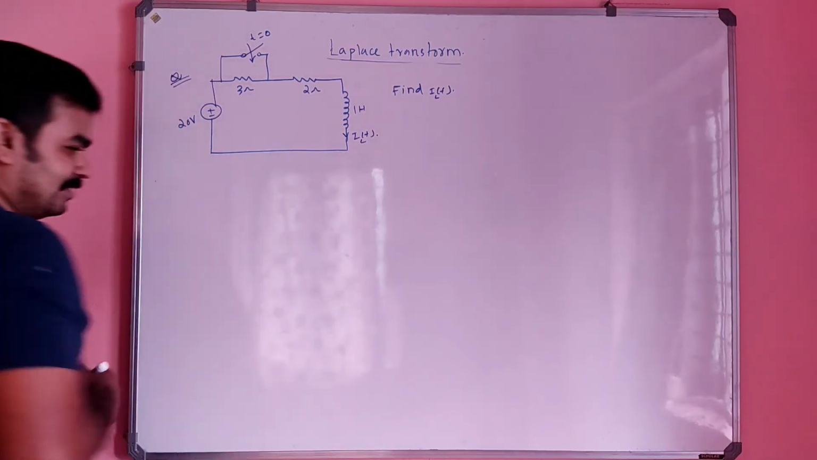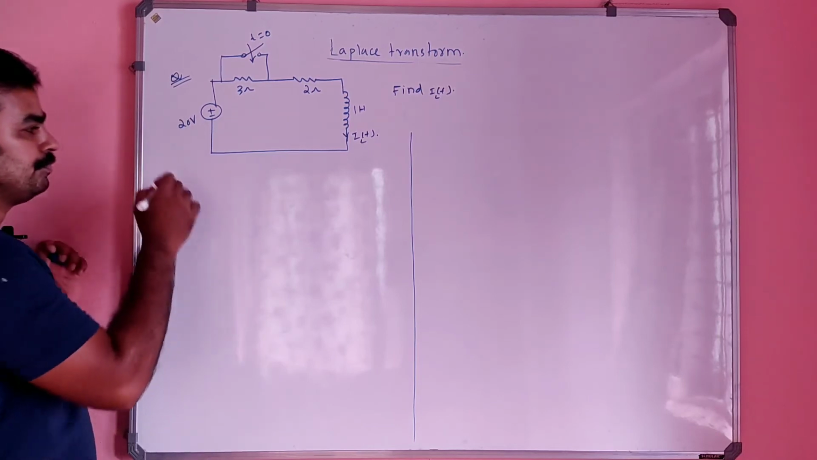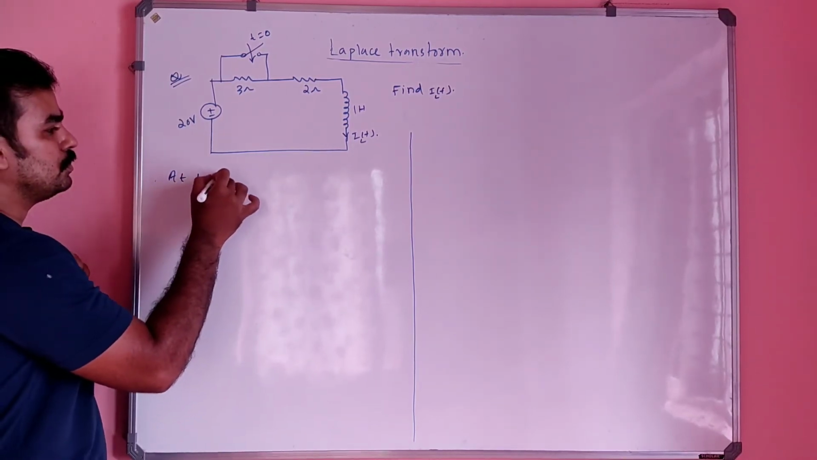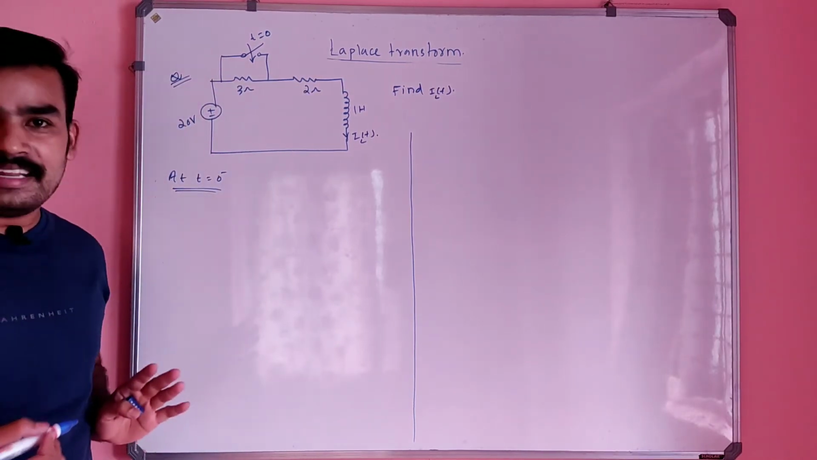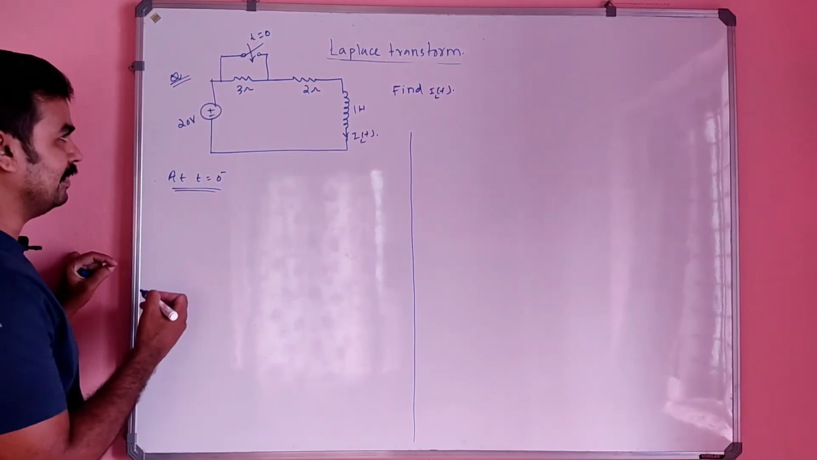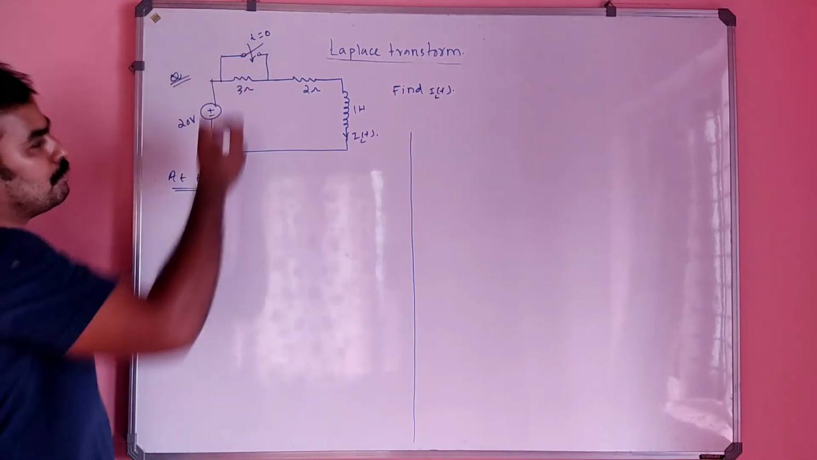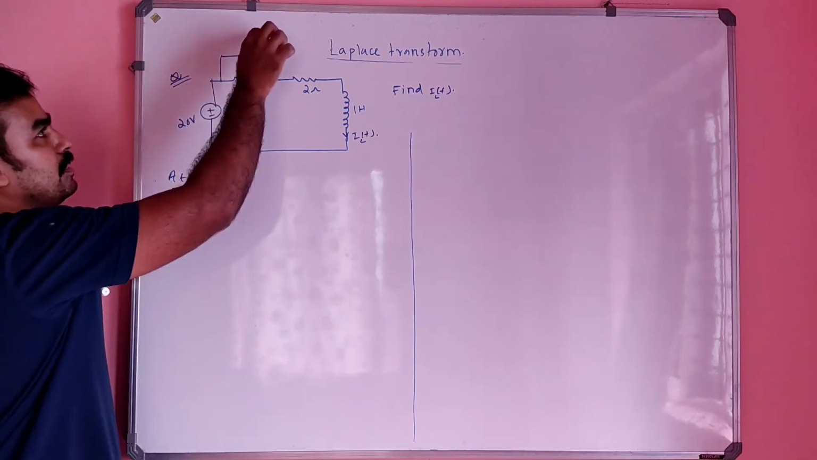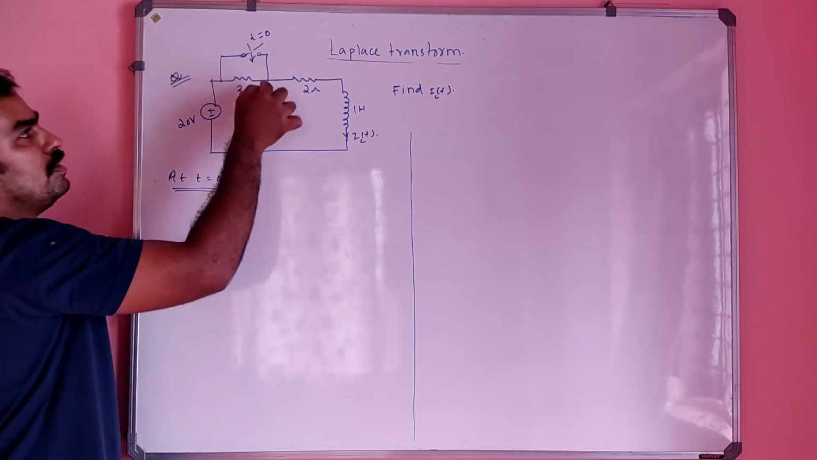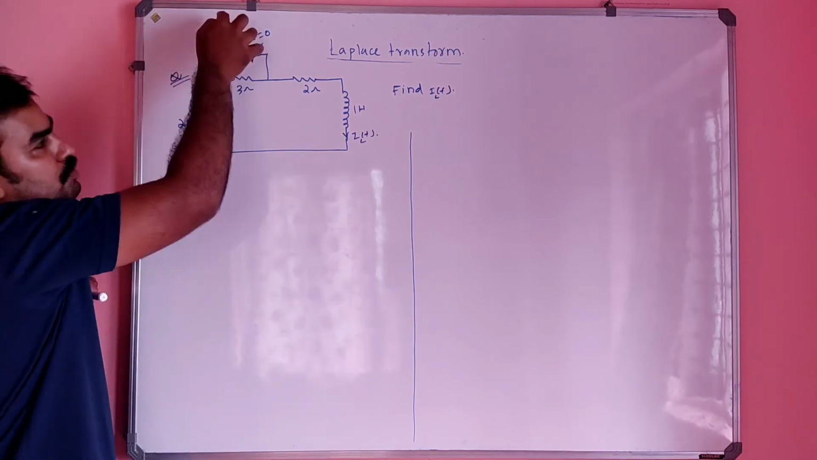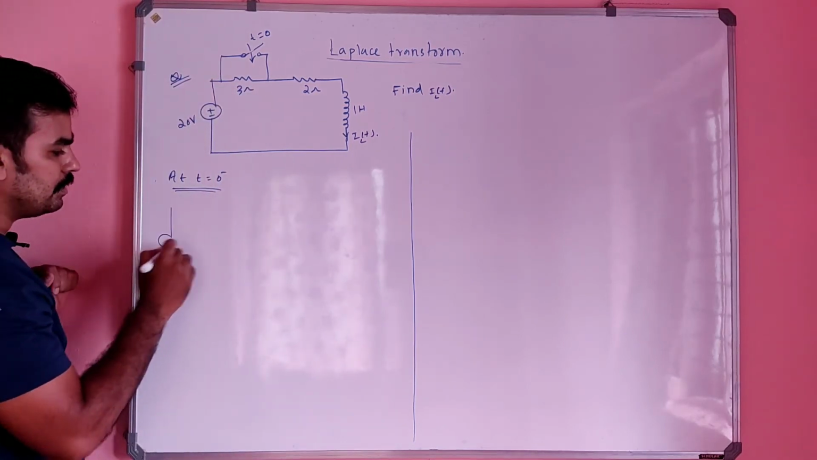Again, our same methodology. At t equal to 0 minus condition, in order to get the initial value of current in the inductor, right? That is the main purpose of doing that. So at t is equal to 0 minus, the switch was in open position, right? Less than 0 means the switch was in open position. So at t equal to 0 only it is closed, right? So these will be there in the circuit, right? So our circuit diagram will become